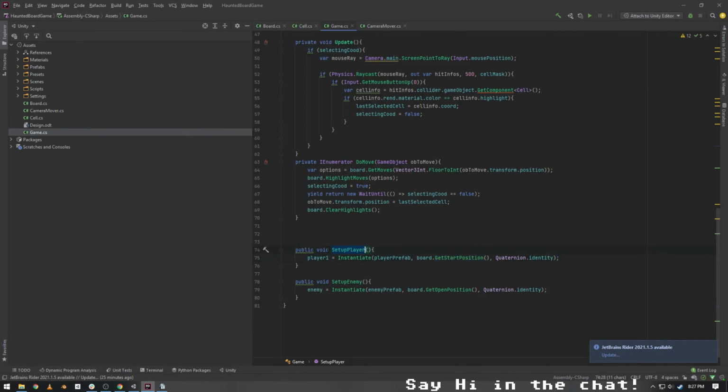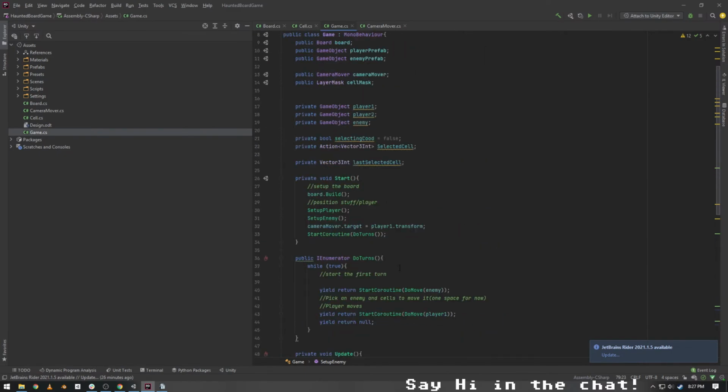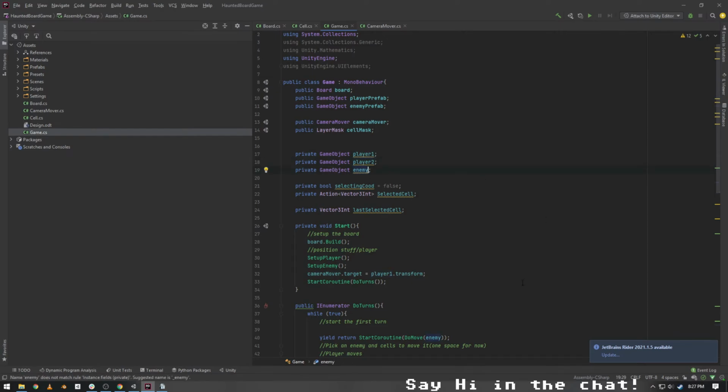So this function is really set up player 1. We want to be able to set up any player. This is set up enemy. I think we're calling him zombie for now. Looks a little zombie-like. But we've got 2 players, so